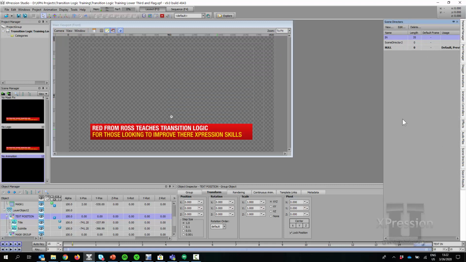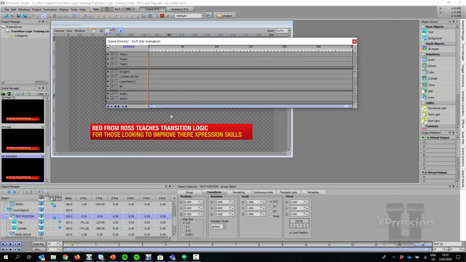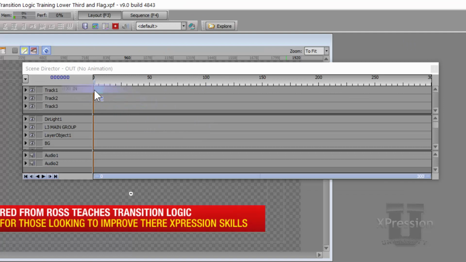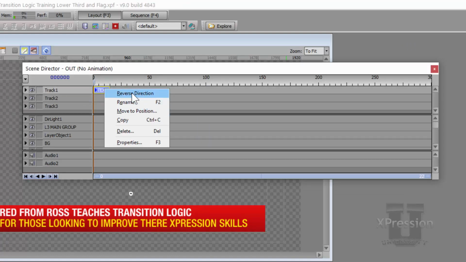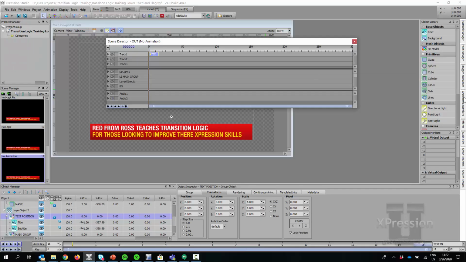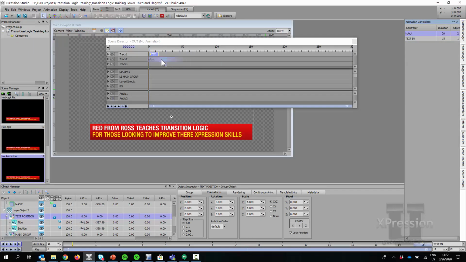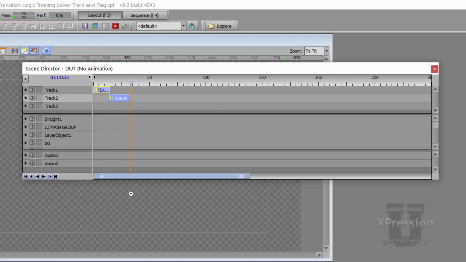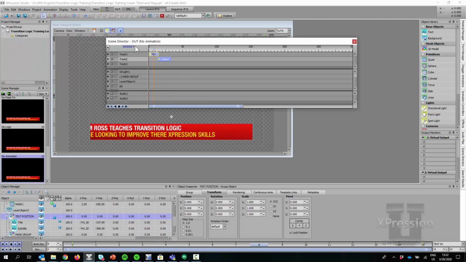Okay, so in Scene Director 2, let's rename this guy and call it Out. We're going to open this up and let's take our animation controller and take this text. And we're going to reverse it. And then we're going to take the in and out. And we're going to reverse that too. There we go. So I've just sped it up slightly by having overlapped. Quite often outs are faster than ins.